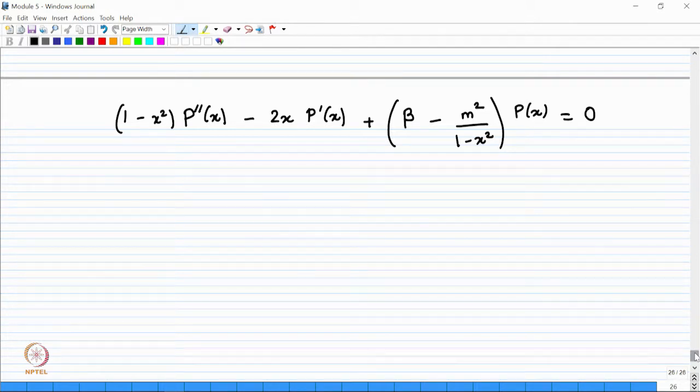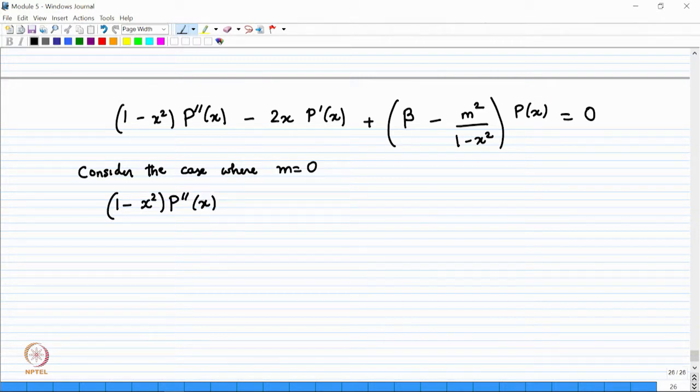x, and we will solve this using the power series method. Now you can solve this for a general, arbitrary value of m, but it turns out to be a little more involved. So, we will consider the case where m equal to 0. When m equal to 0, this differential equation has this form